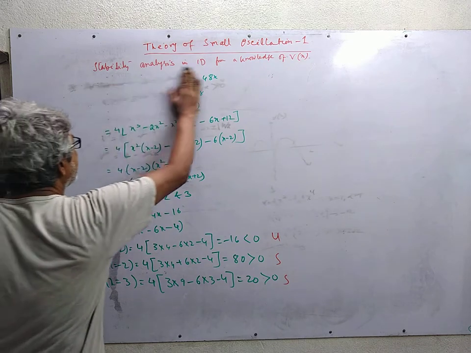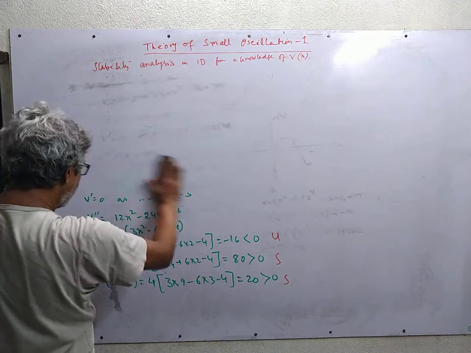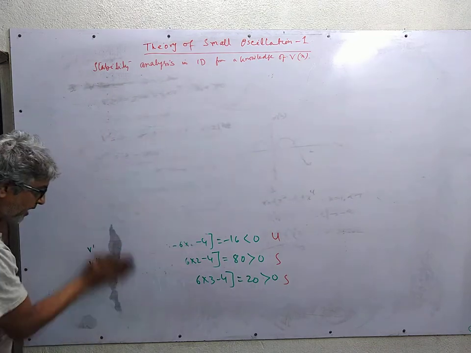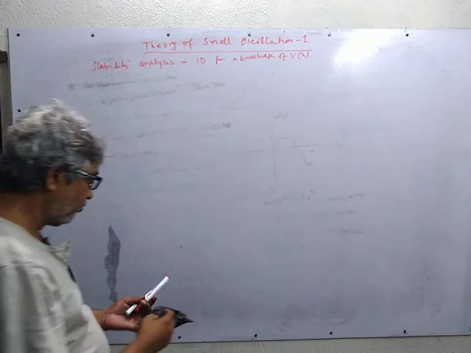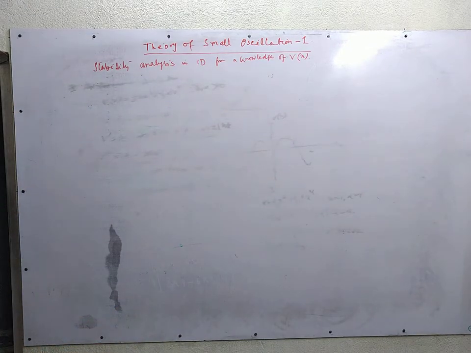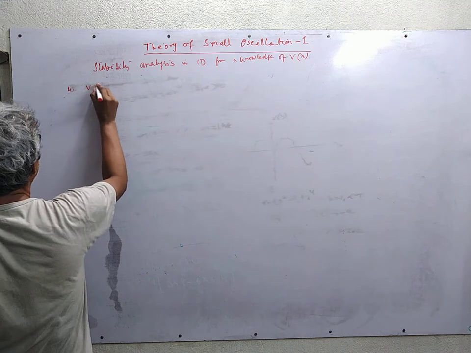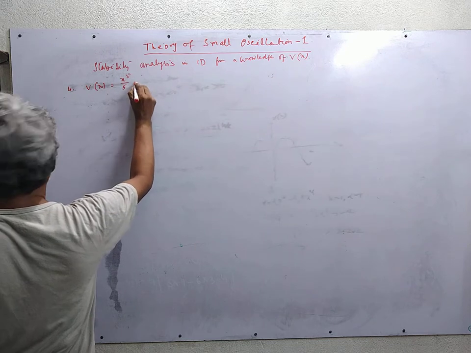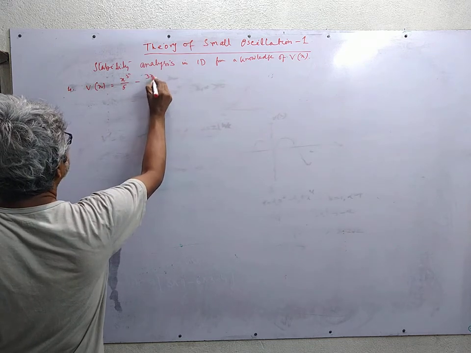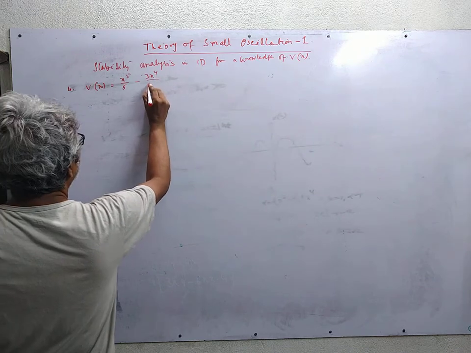Next, we should consider an example where the potential has maxima, minima, as well as point of inflection. The same example we have considered while maximizing a function of single variable. So the problem was the fourth problem, V of x is equal to x to the power 5 by 5 minus 3x to the power 4 by 4